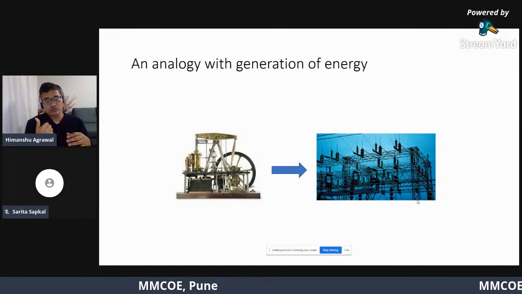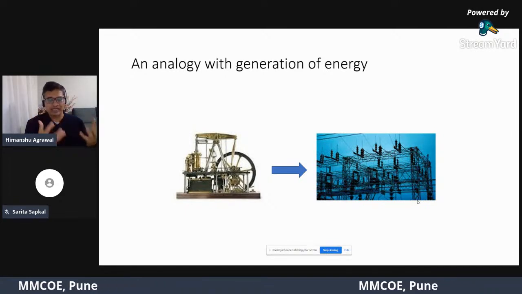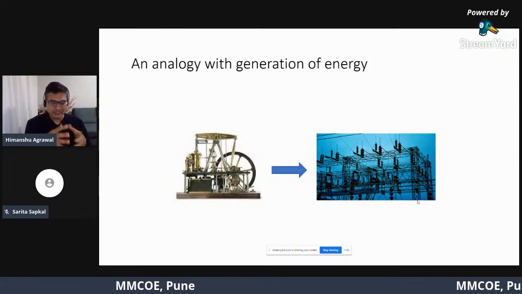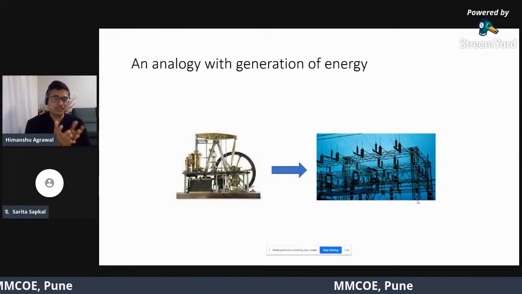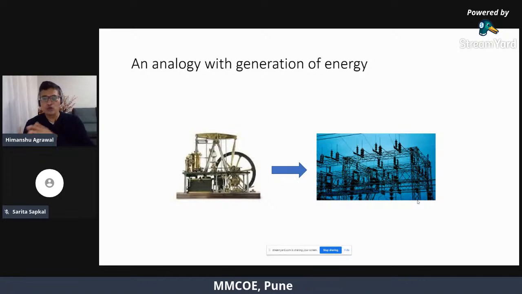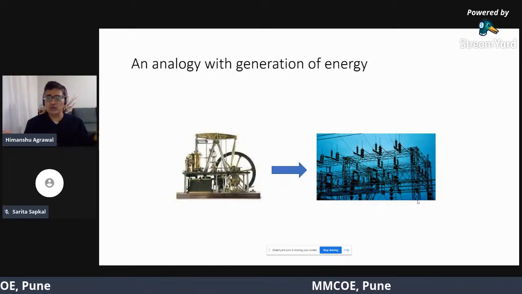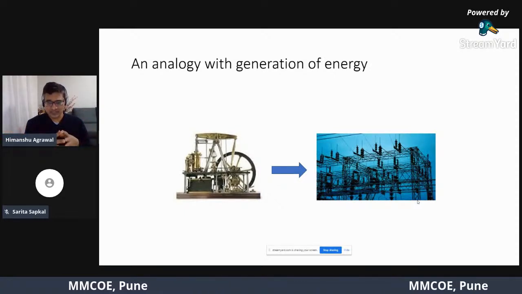From those olden days when we used to have a mechanical electricity generation, one example of which is shown here on the left hand side, the generation of electricity has evolved into a highly distributed transmission network.